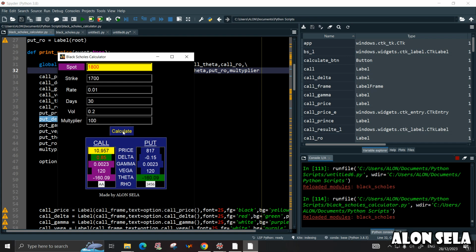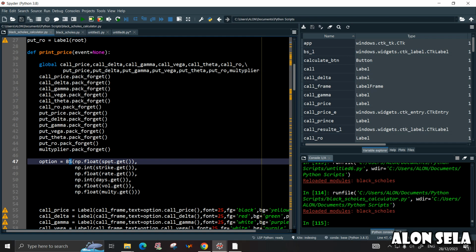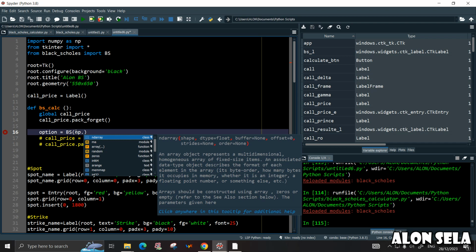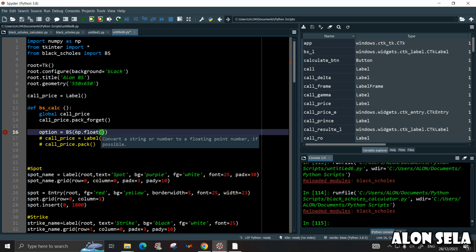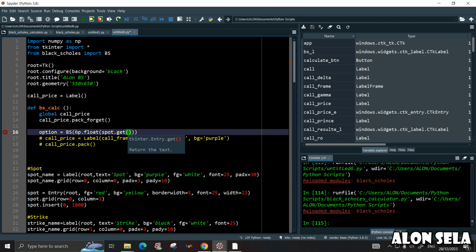So basically we need the calculator to take these values and put them inside the Black Scholes code. So what we want to do is to say that the spot will be, first of all, a float, and we want to get the spot that we enter. So we are saying spot.get, and basically